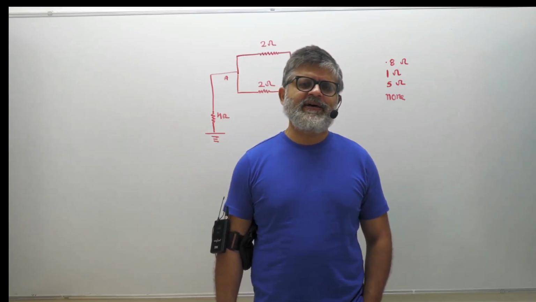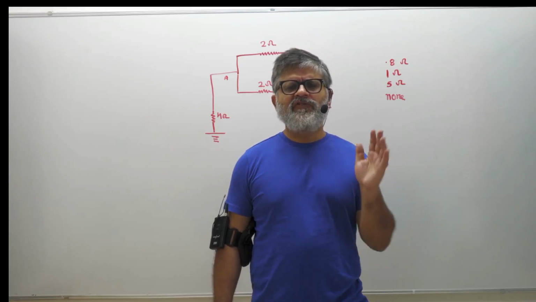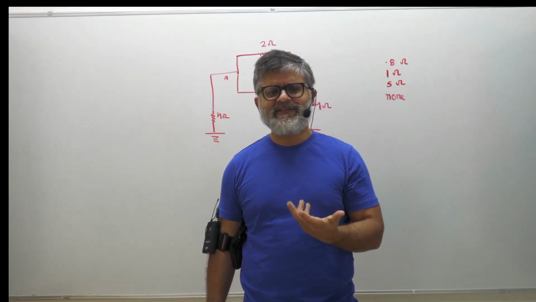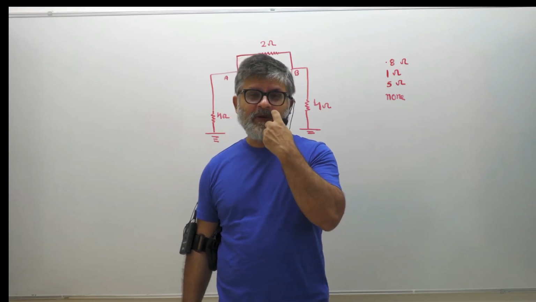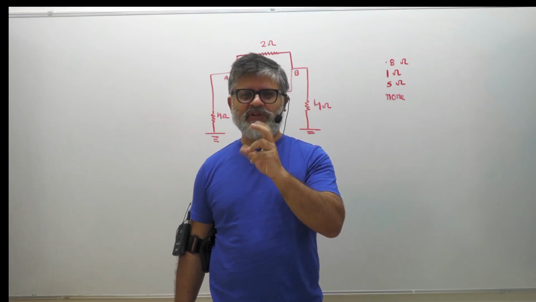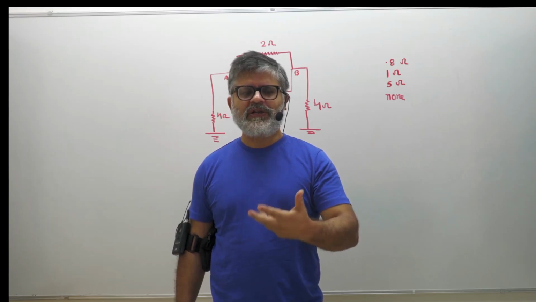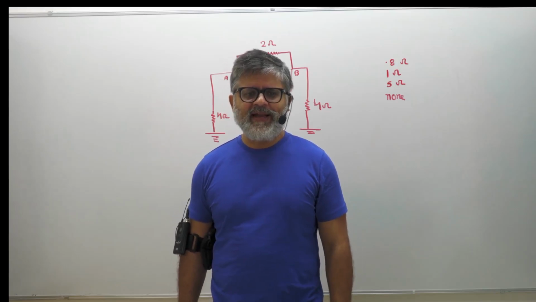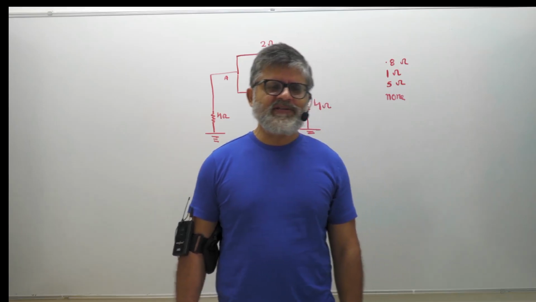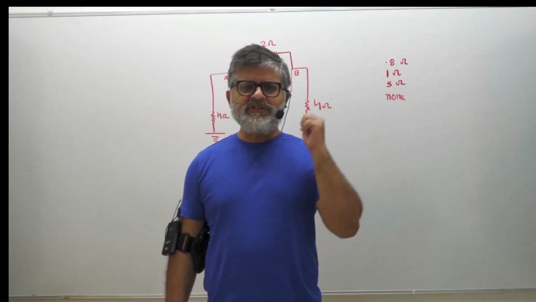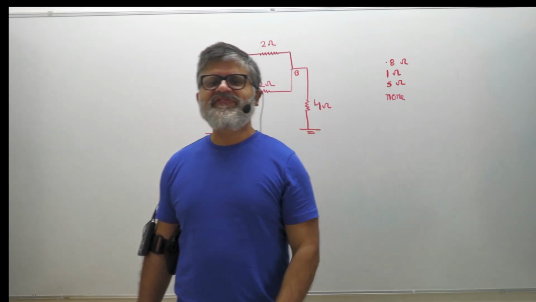to find the equivalent resistance of multiple resistances. In some places, you're not able to see exactly whether the circuit is parallel or series. So there are special tricks which are utilized to decide the equivalent resistance of those cases. Now, this is one special case where the figure is very awkward.